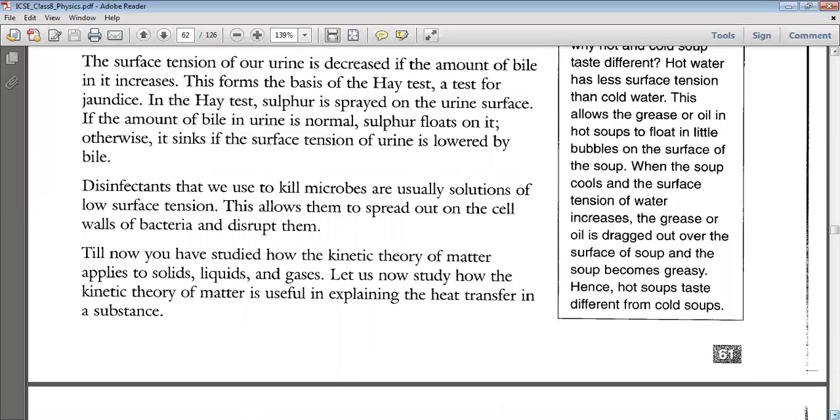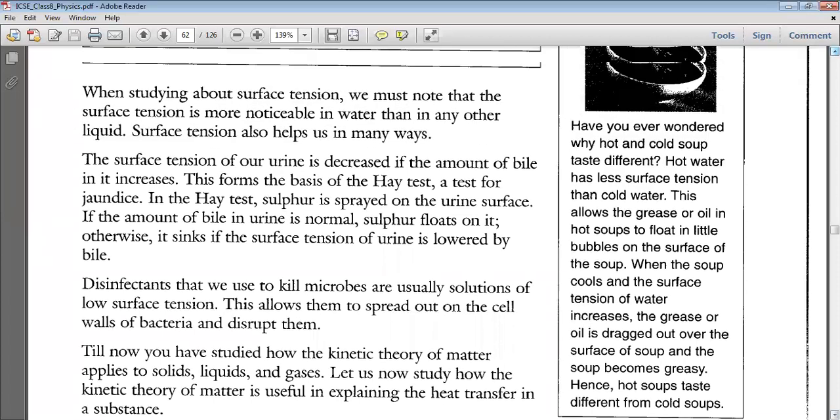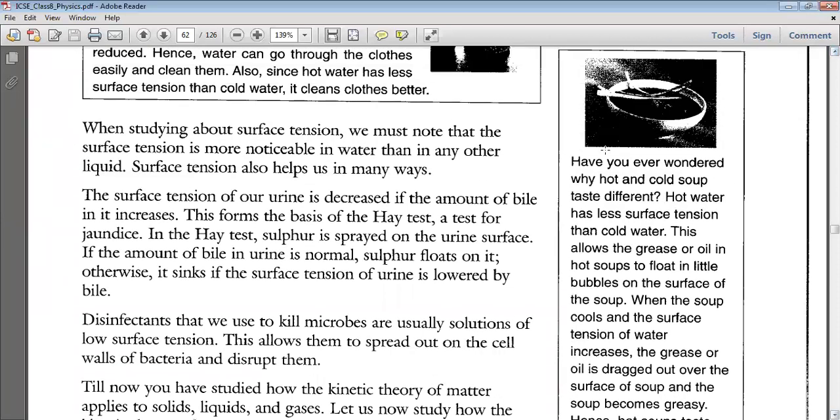Now there are disinfectants that we use to kill the microbes, and usually they are solutions of low surface tension, and this allows them to spread out on the cell walls of bacteria and disrupt them. Okay. So this was about the part of surface tension that we have read. And the last